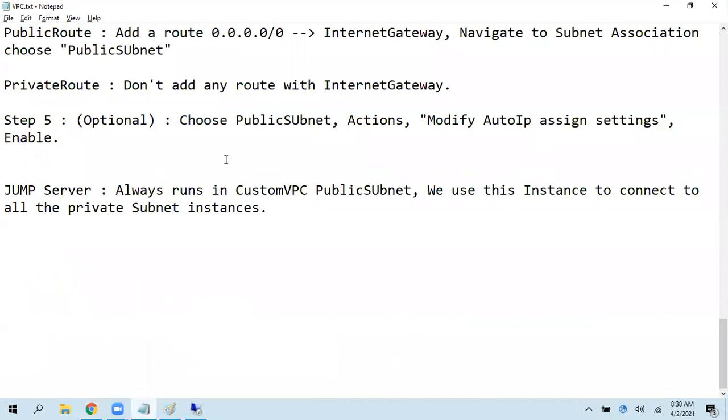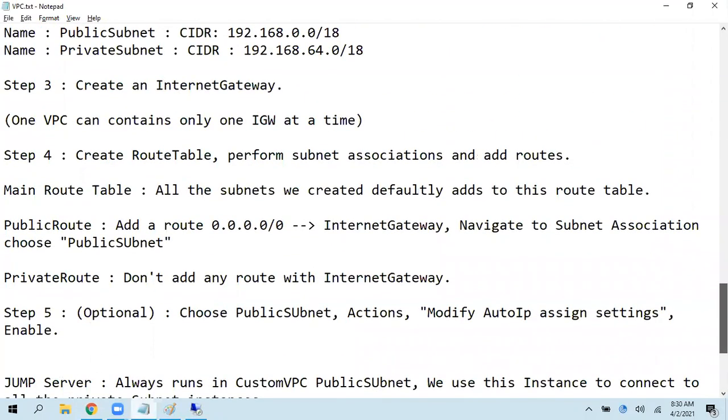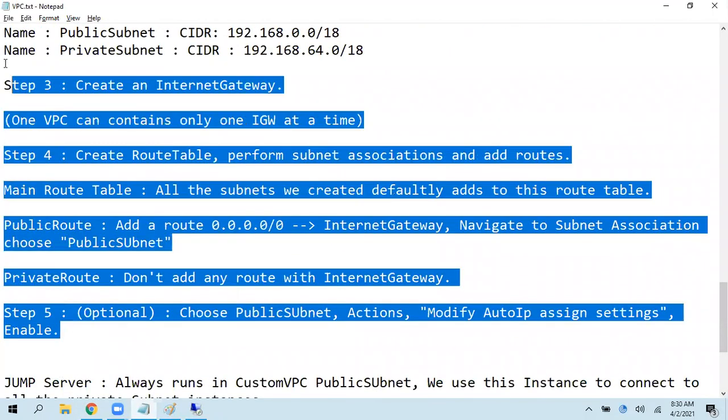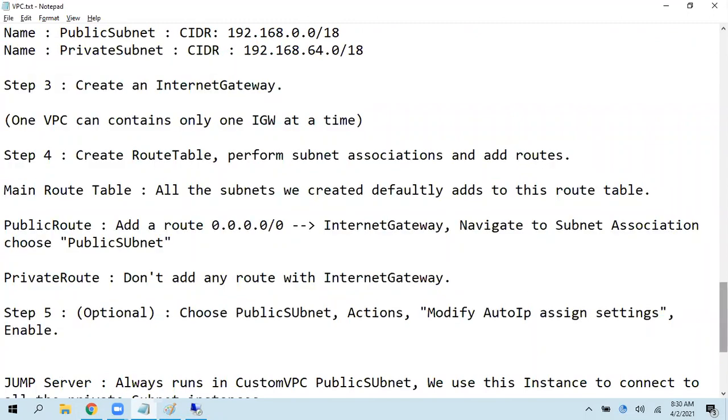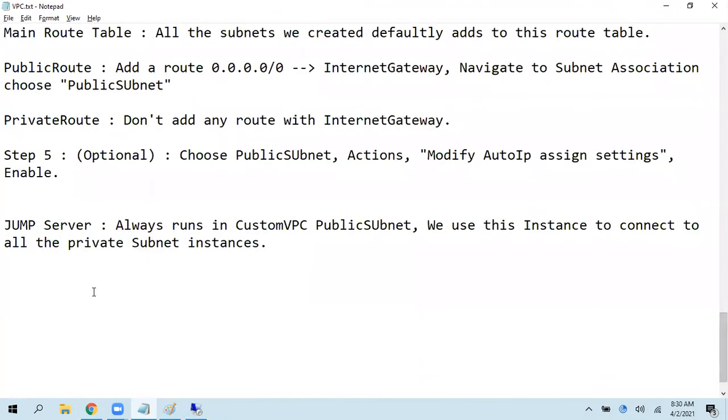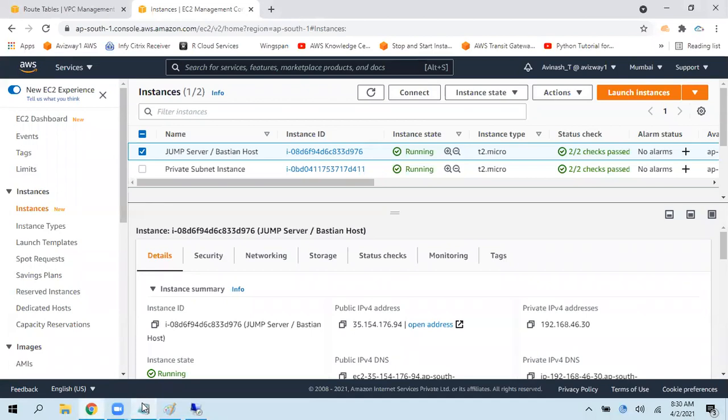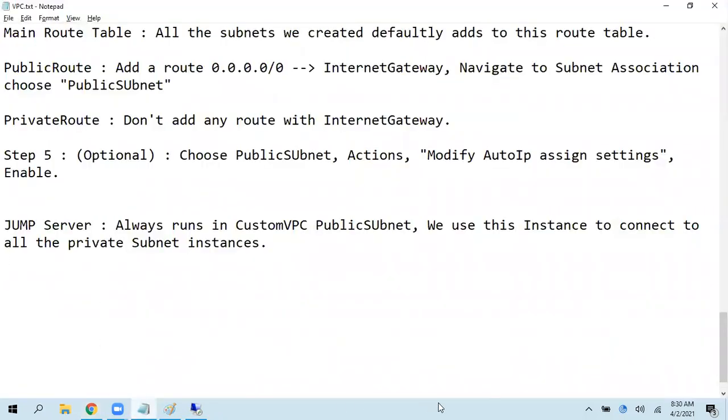And this VPC creation, I took an entire session to make you understand these 5 steps. Now it's your turn to practice this. Yes. So please spare some time and please practice, guys. Please make it an interactive one.